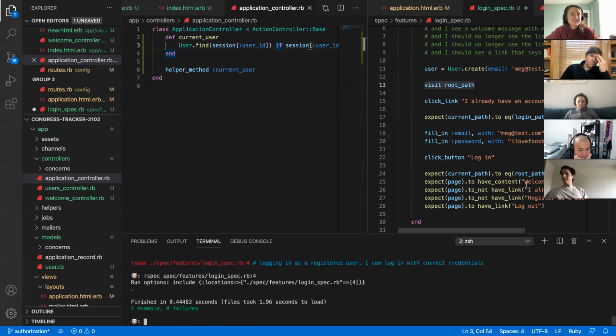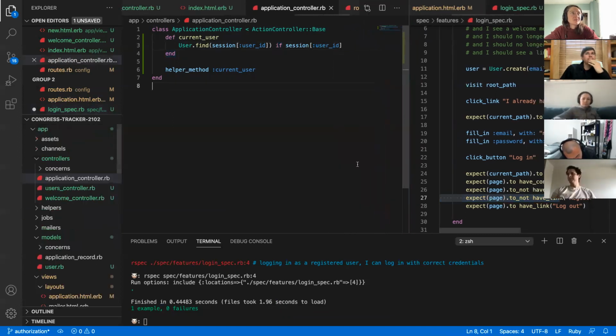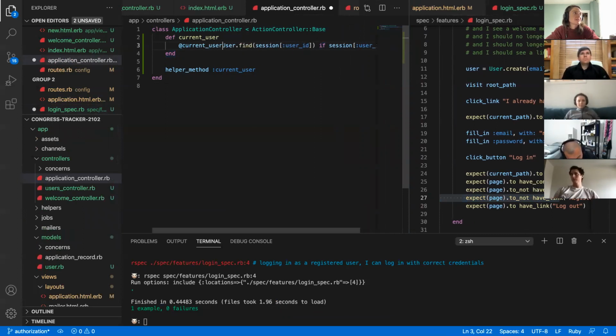And that's passing. So we're able to take away certain links based off of whether someone's a current user, and show a certain link if someone is a current user as well. We could also add in here some type of memoization. So I could say like at current user, and then have a memoization here, because